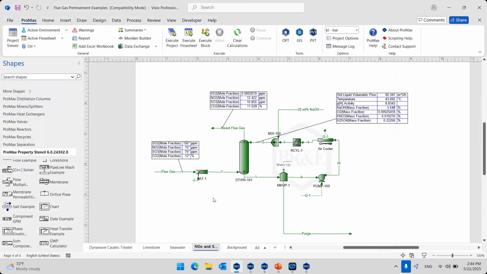So if we wanted to model their capture as well, or their dissolution into the water, their correct ionic behavior, we would need to help ProMax a bit. And the way you help it is that you can create these reactions on your own. All right? It's very simple, as I said, we would have to create the reaction. And for details on how to do the reactions, you can watch the webinar. But then once you have these reactions, if we open the column itself,